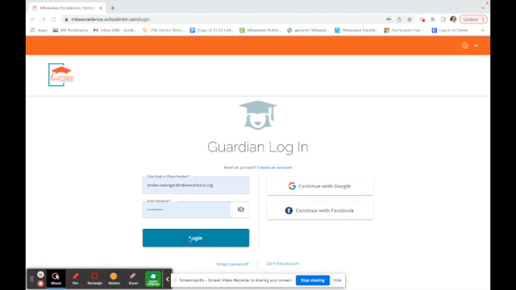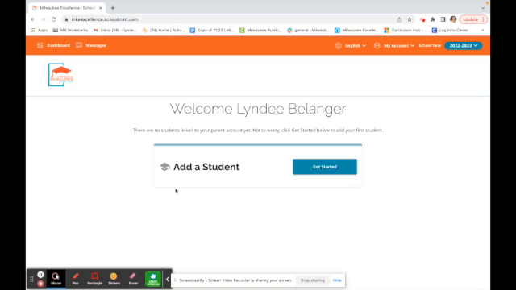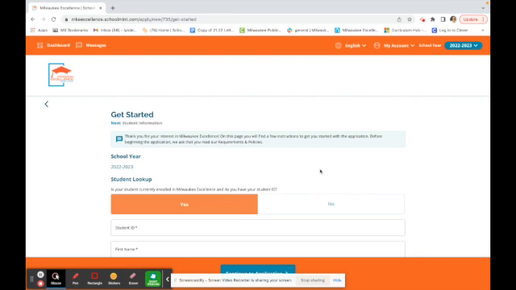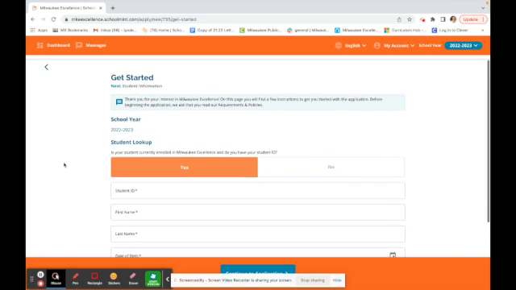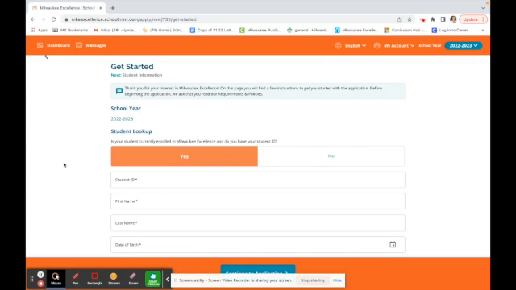Before you begin, the first step will be to create an account. Once that account is created, log in, and you'll be taken to this first dashboard page. Click on Get Started, and you will get started with your application for the